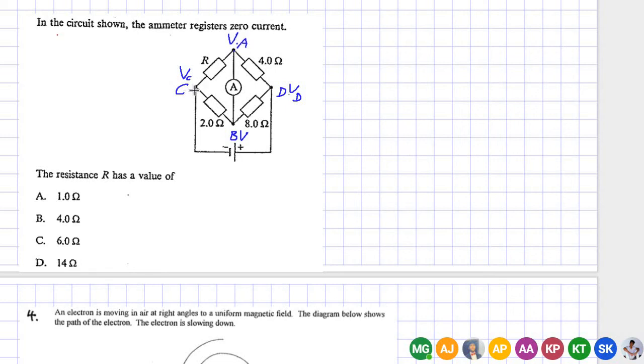So now, as you go along the branch from C to A to D, or C to B to D, the total potential drop will be the same. Finally, you are starting with potential VC and ending with potential VD, and in between the potential VA is the same. So what kind of equation can you write? The potential drop